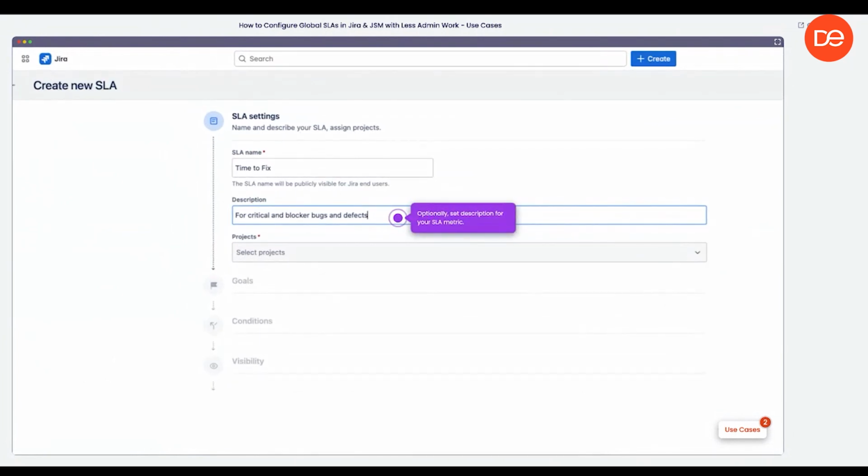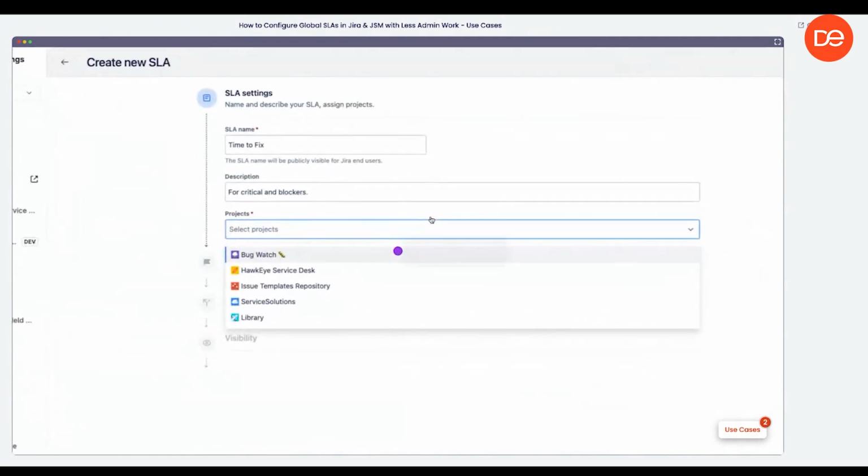It's optional, but believe me, it's good practice to have documentation for each of the configurations in Jira. Not just for SLA, but in Jira in general, it's good to have a description of the purpose of your configuration. It's easier to review everything after we've even forgotten what the creation purposes were. So let's go next. And what is great in SLA time management is that you can share your SLA across multiple